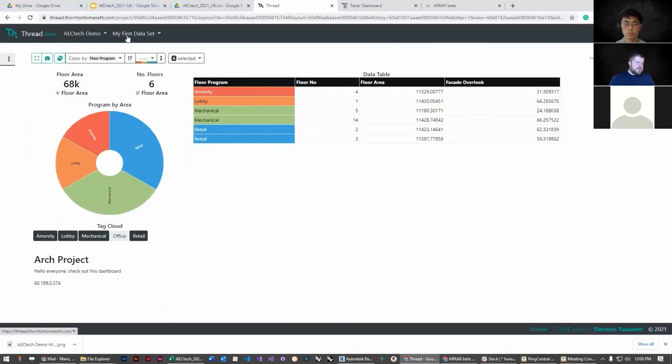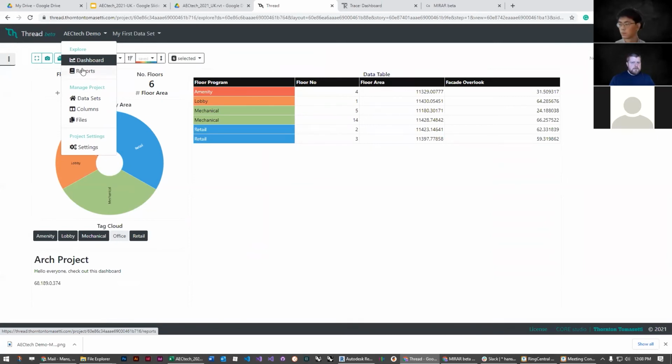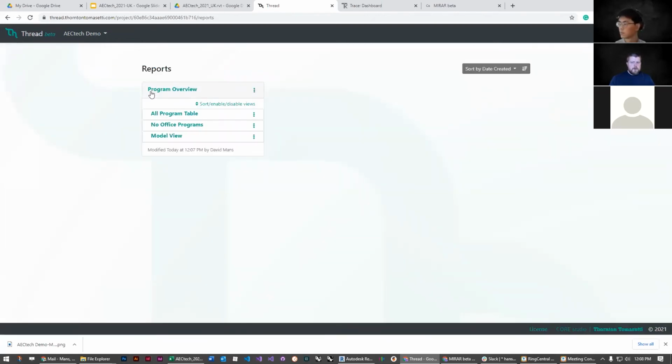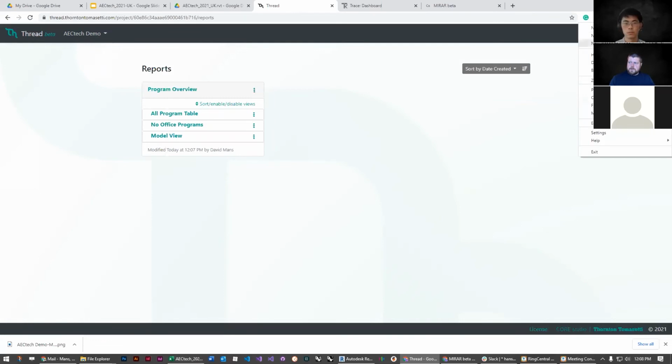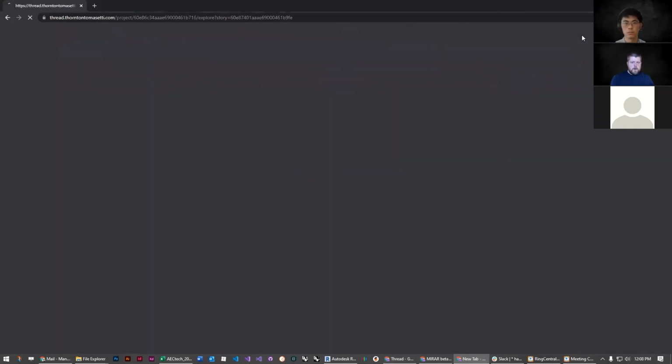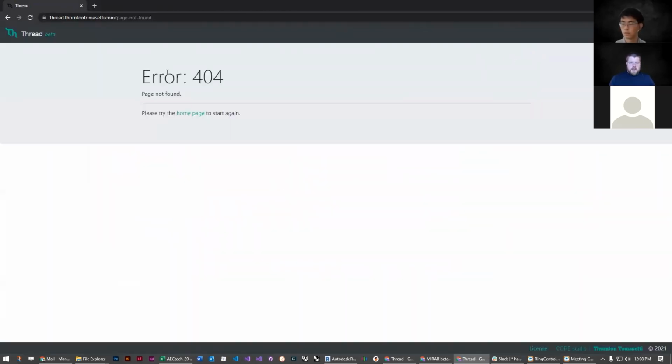And if I'd like to share this with someone so that they can interact with it and play around with the data and get a feel for the project, whether that's letting a client go through and be part of the decision-making process, or giving the consultant the option to play through multiple different variables, I can go down to the drop-down for the project and go to my reports page here and see a little summary of all the reports I made. If I right-click on this, I can copy the link to this report, and in a new window, I'll paste it,